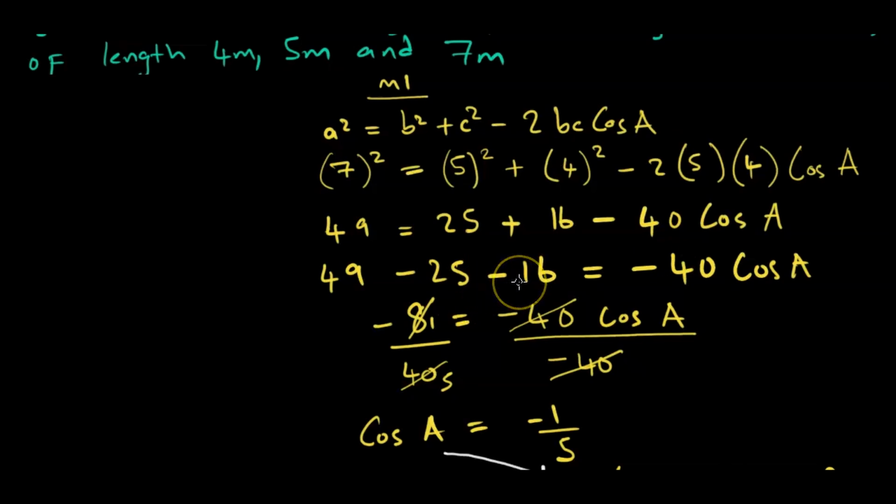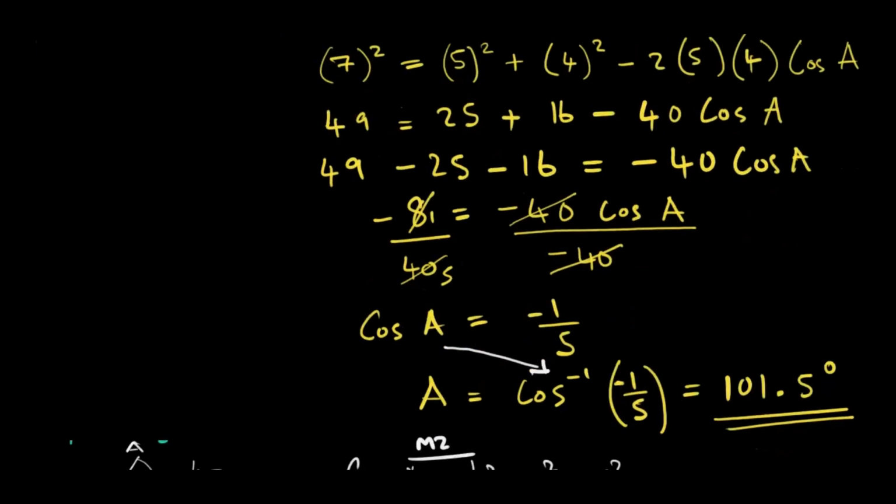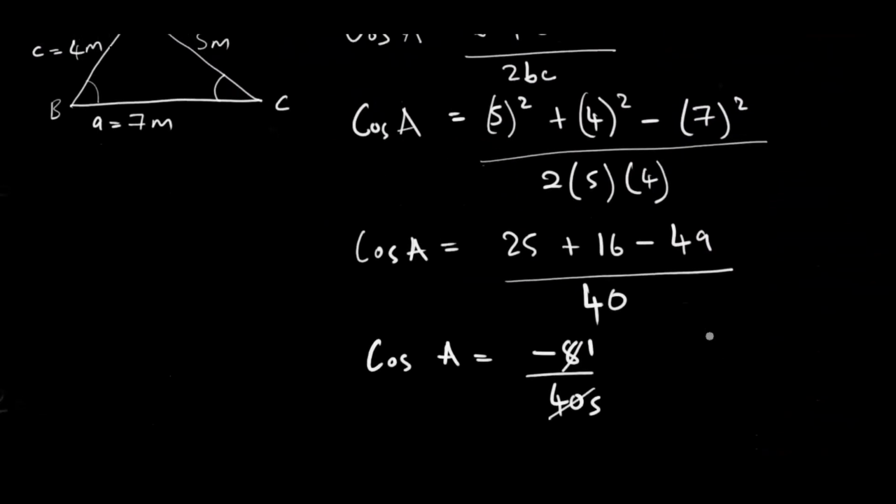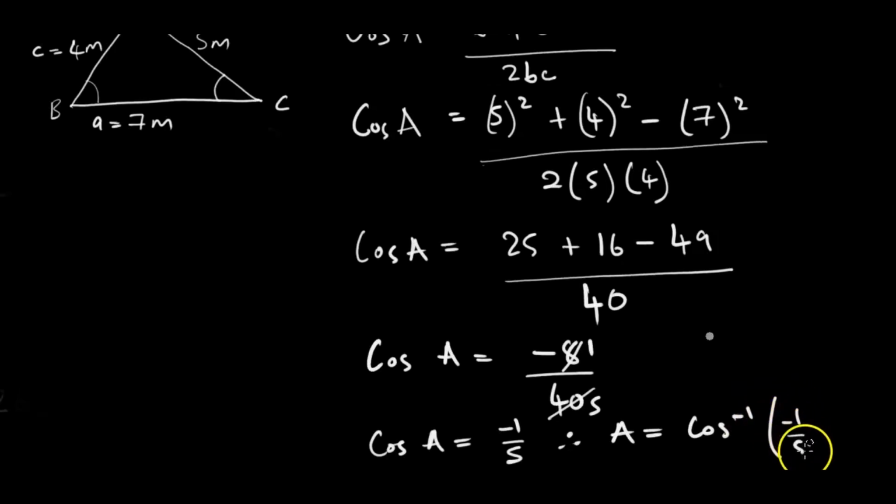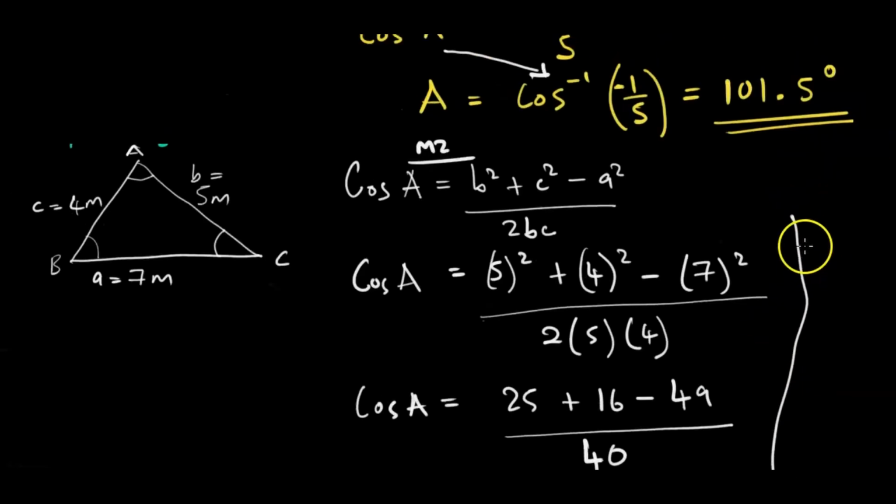There are pros and cons, but if you look at this the way I'm looking at it, you're going to see that method number 2 is a lot cleaner and it takes us directly to the answer. So of course here cos A is equal to minus 1 over 5, which simply means that A is equal to the arc cos of minus 1 over 5, and of course if we use the calculator it should take us to that answer like this.